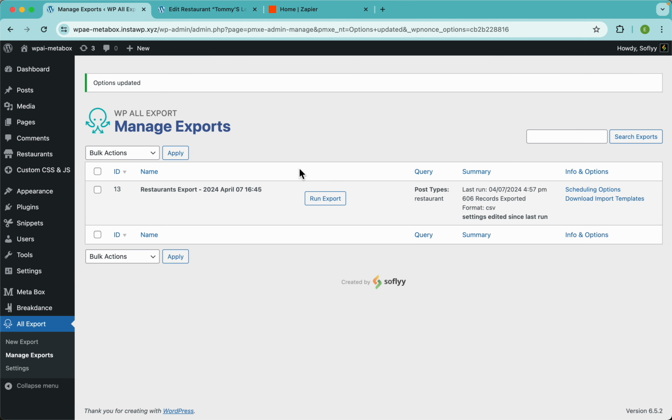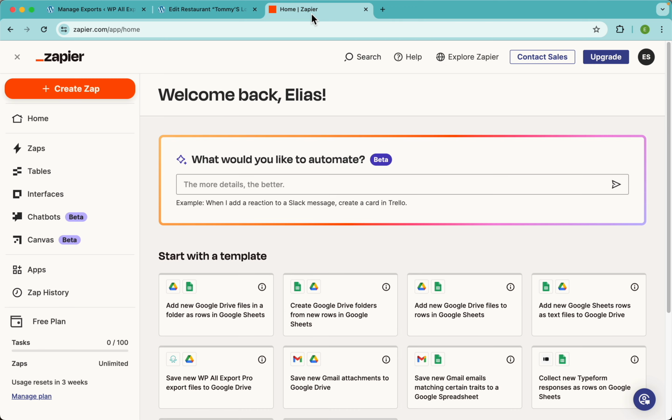Cool. And since we're gonna export Metabox custom fields to Google Drive, we're gonna need Zapier. Now, you can find that here at zapier.com. Create a free account, and once you're there, you will see something like this. Now, there are 2 ways you can go about this. You can use their AI, so you can maybe type in here what you want to do, which in this case is maybe export from